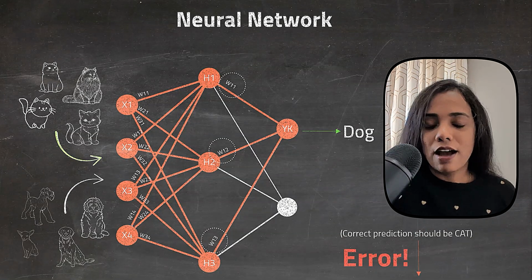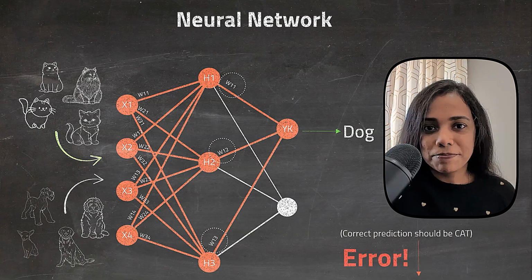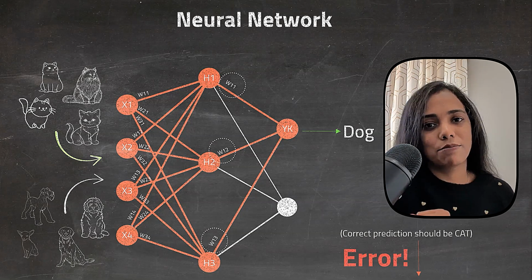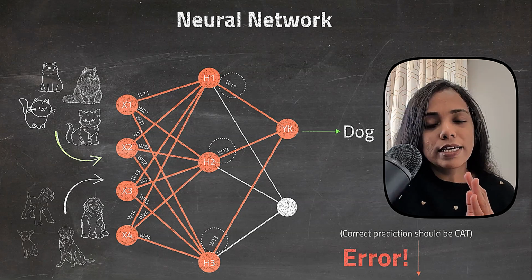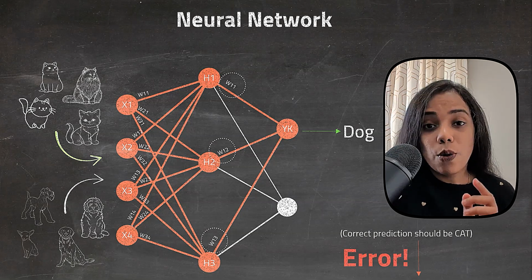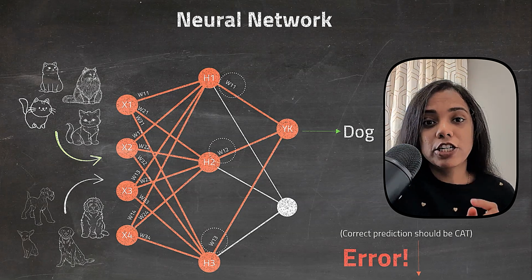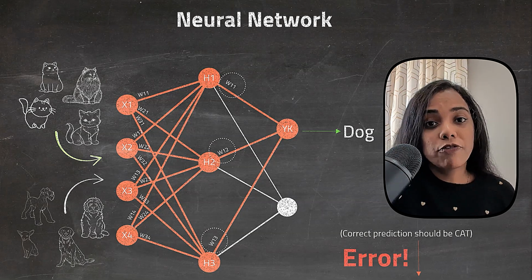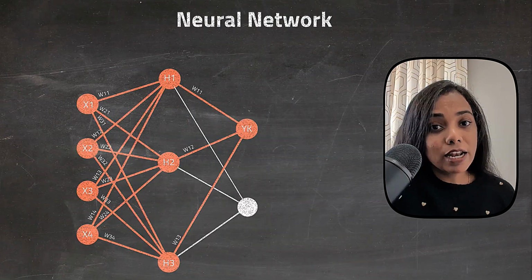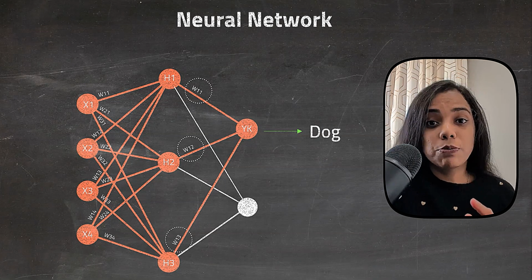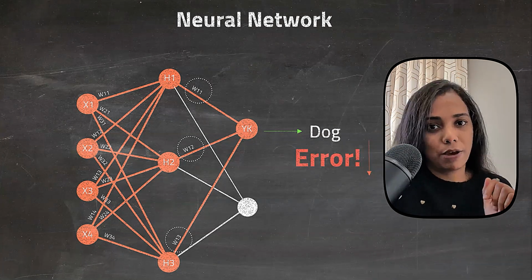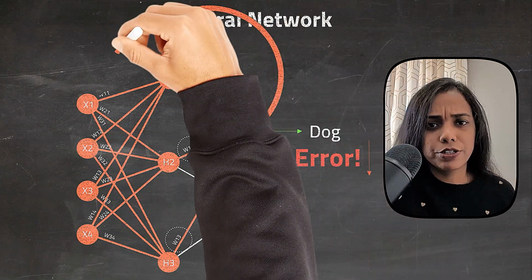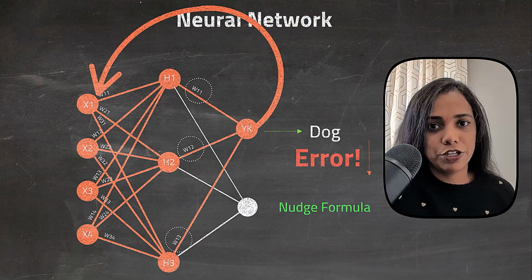Now the question is, how do you know what the right way to nudge them is? This is where gradient descent comes in. At a high level, gradient descent tells you what direction to nudge each of these model weights in the neural network so that the overall performance of the model improves. It does this by calculating the partial differentials with respect to each model weight as the error is propagated backwards. However, we are not going to go into the details of that process in this video.